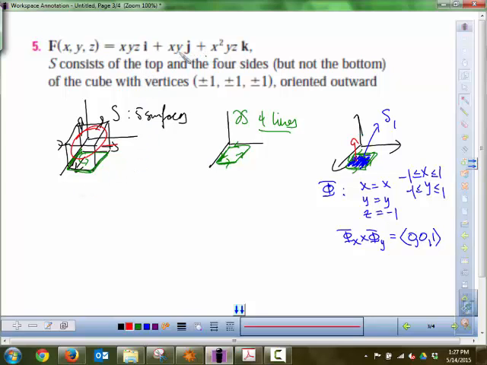And you know what? If you think about taking the cross product here, you already know that the x and the y terms are 0. You really don't have to figure out the x and y terms of the cross product. I mean, of the curl. You can if you want, but that's going to go away. You know what I mean when you take the dot product? I'll show you what I mean. So